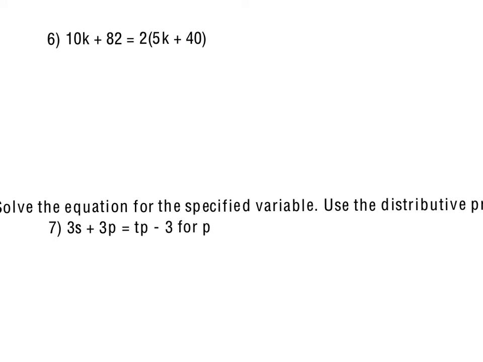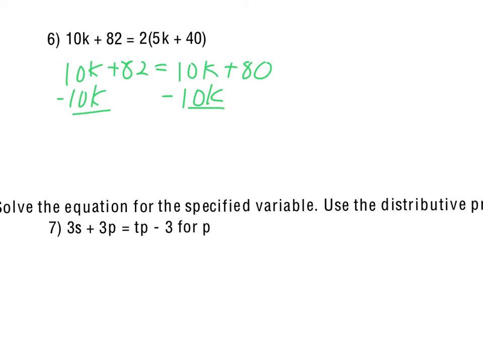Number 6 continues with that same set of directions. We need to determine what type of equation it is, whether it's a contradiction, an identity, or a conditional equation. So we start by distributing the 2 so we can see what we really have over here. Again, in this case, looks like the k's will cancel out and we will be left with 82 on the left and 80 on the right. So that being a not true statement tells us that this is a contradiction,